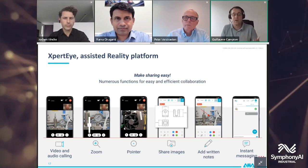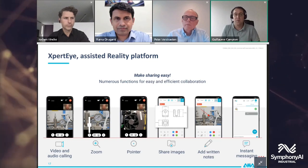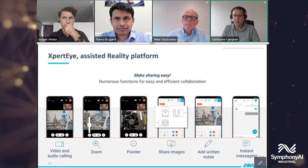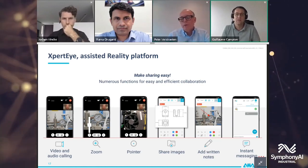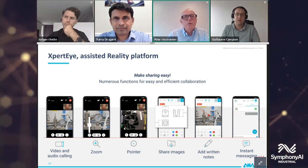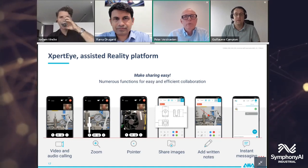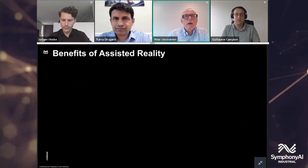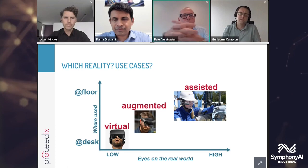This is where merging both good software such as Proceedix or AMAs and the best device we can have. Yeah, with RealWear devices, definitely makes sense. Yeah, the keyword, if you compare it to the GoPro, it's bi-directional. It goes two directions, and the GoPro just captures what you're seeing, but without any feedback or help from somebody else. Now, Jochen, in this slide, I would like to get your, again,